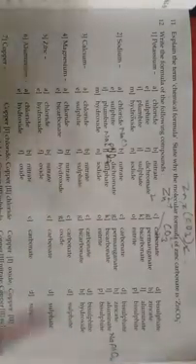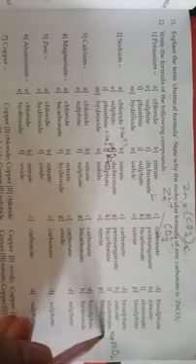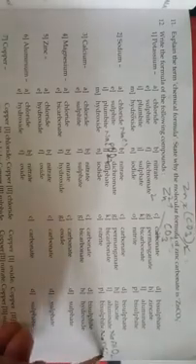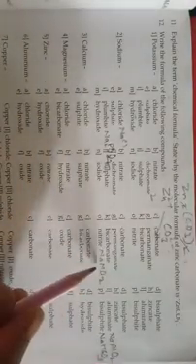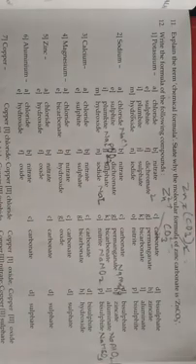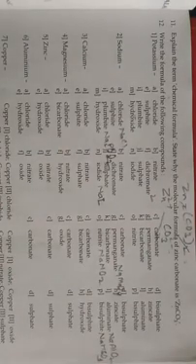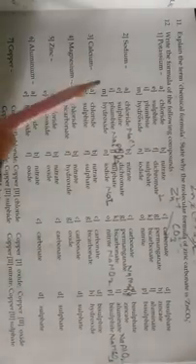Sodium bisulfite is NaHSO3. Sodium nitrite is NaNO2, because the formula of nitrite is NO2 1-. Then sodium iodide, and sodium permanganate is NaMnO4, because the permanganate formula is MnO4-. Children, in the same way you can write the formulas of the other compounds which are given here.